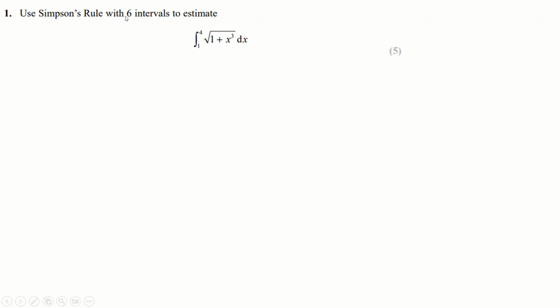You draw a table with 7 spaces because it's 6 intervals. You start at 1, end at 4, and then you just fill in the spaces with whatever gets you from 1 to 4 in a nice even way. So the interval here is length a half. And then we just substitute 1 into here and 1.5 into here and so on into the function of